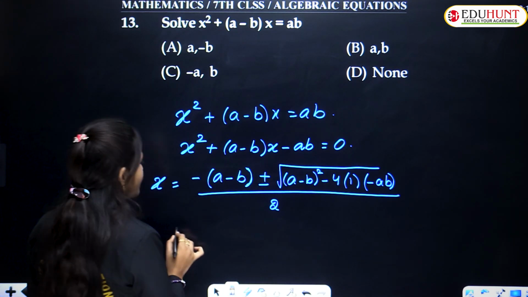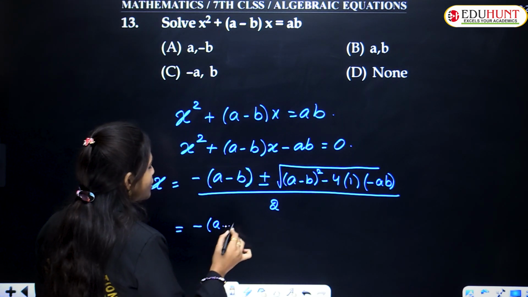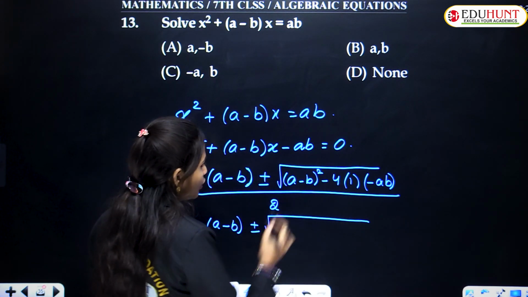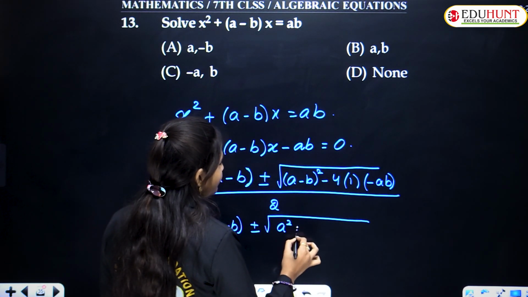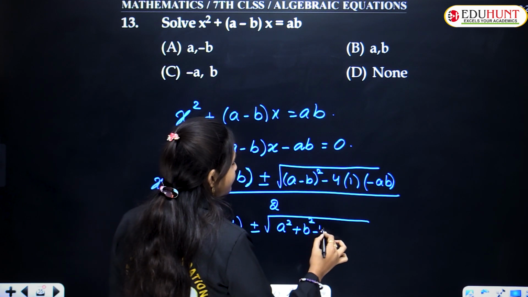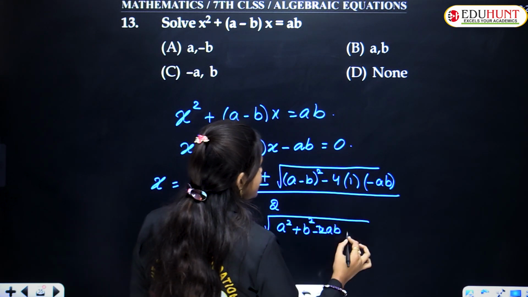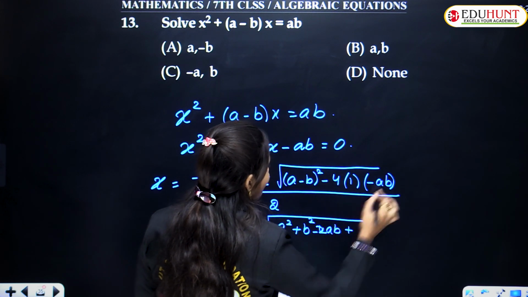Understand? So which is equal to minus of a minus b plus or minus square root of a square plus b square minus 2ab, and here minus into minus is plus 4ab,